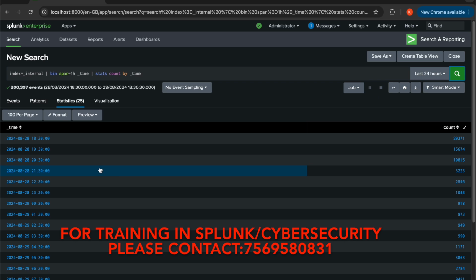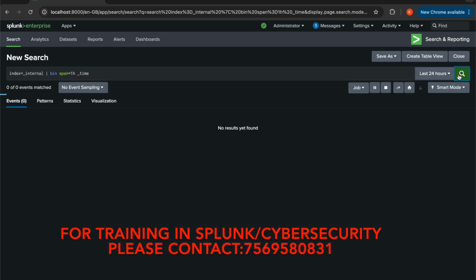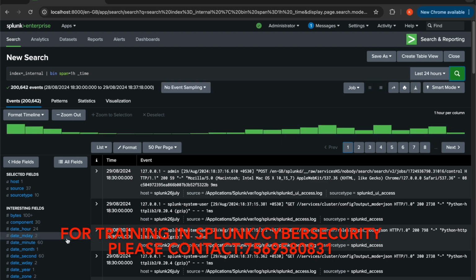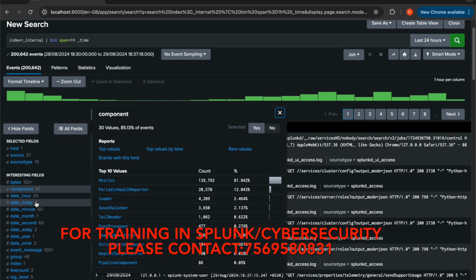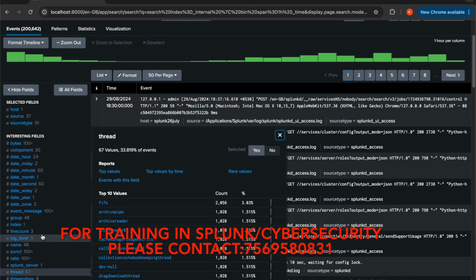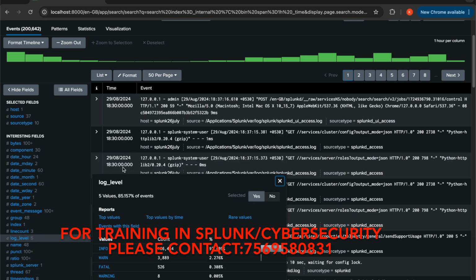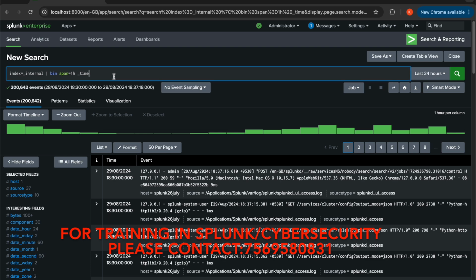Whenever we use a bin command, it will be grouping the particular values into different sets. That is the thing that you have to understand. And now again, if I remove the stats command and search this particular query, you see the fields over here. We do have various fields like component, thread, and log level. If I use log level as a particular field, see now,